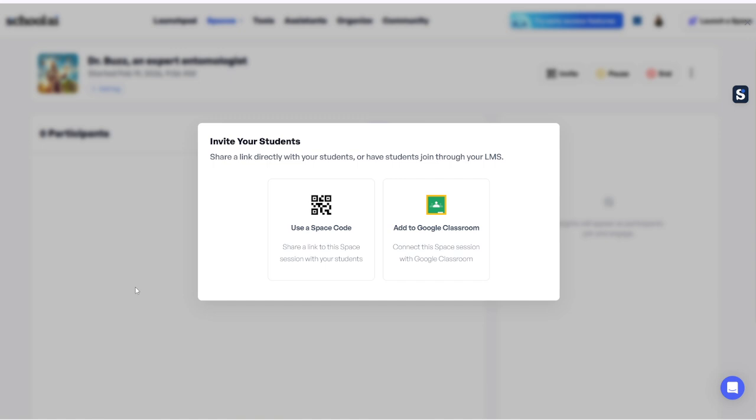As soon as you select launch, it's going to ask you, do you want to use a space code or add to Google Classroom? The big difference is, is this going to be an activity they do over multiple days, or is it a one and done SchoolAI space? If it's a one and done space, feel free to use a space code. If it's going to be something they're going to be accessing multiple class periods, you're going to want to use